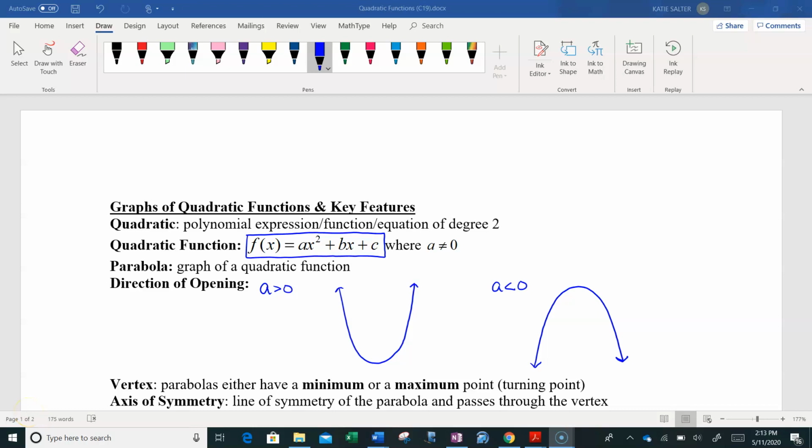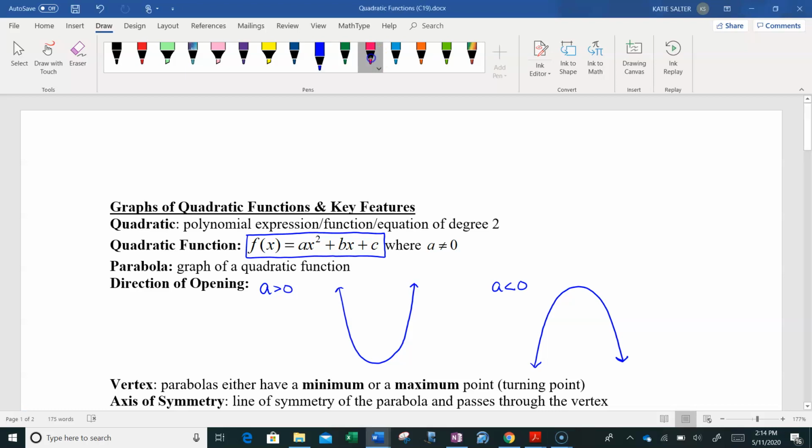Okay, so let's summarize what you learned about quadratic functions and their graphs yesterday. First of all, some terminology. Quadratic, remember, is anytime you have a polynomial expression, function, or equation of degree 2, meaning the highest power of x is 2. Our standard form for a quadratic function is f of x equals ax squared plus bx plus c,